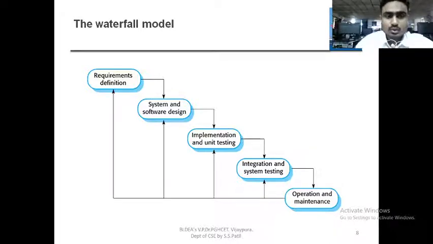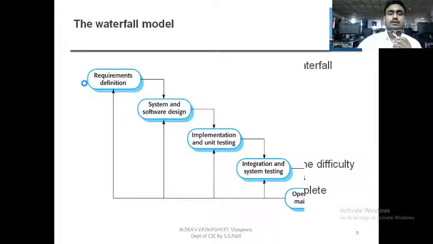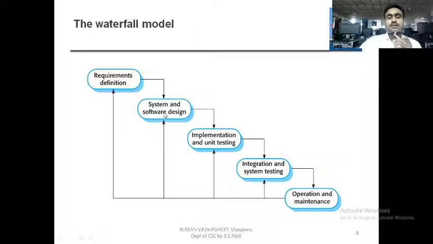Okay, so once we have collected the requirements, the output of this requirement definition will be the input to the next phase, that is the system and software design.